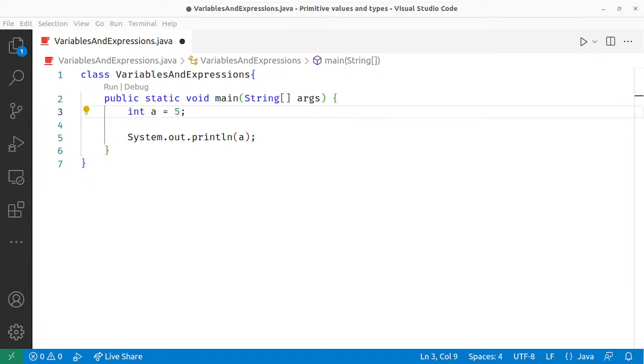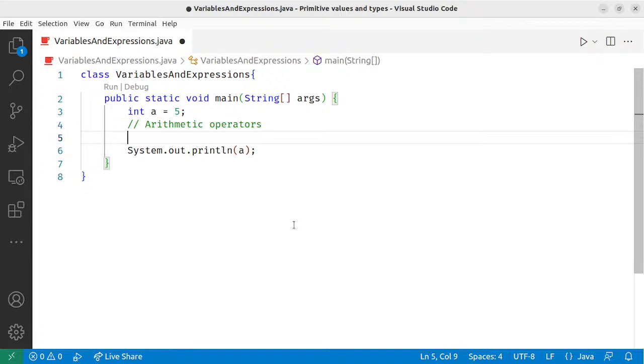Now those operators can be divided into various categories, like there are arithmetic operators, there are assignment operators, there are comparison operators, there are logical operators, and there are bitwise operators, out of which the last one, that is bitwise operators, are not in the syllabus, but the other operators are there in the syllabus, and we are going to discuss them one by one. So let's begin with the first one, that is arithmetic operator. So what I'll do over here is I'll give a comment to separate. So the first thing which I'm going to discuss is